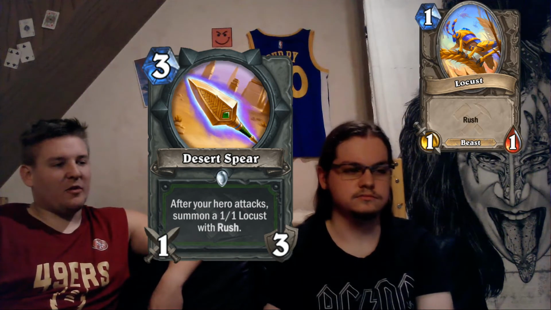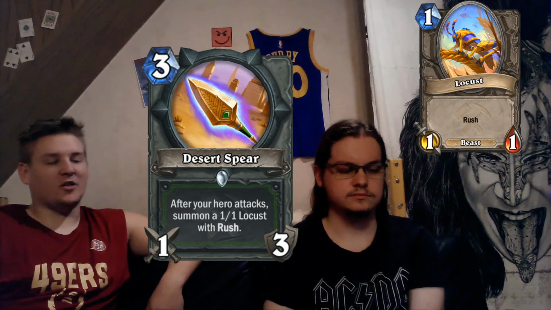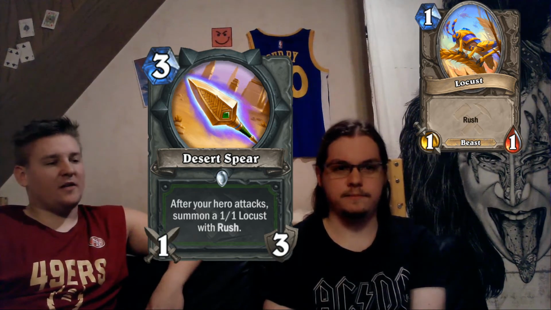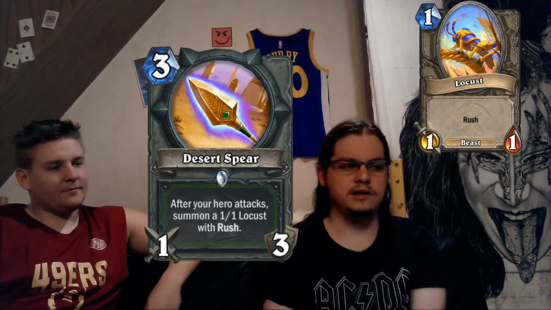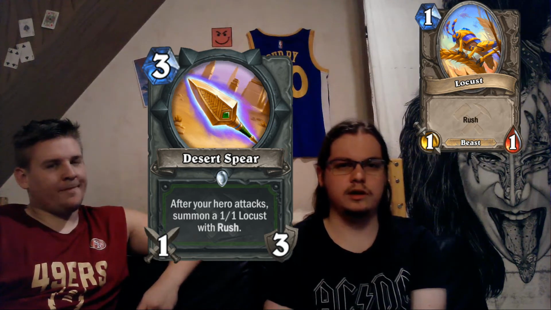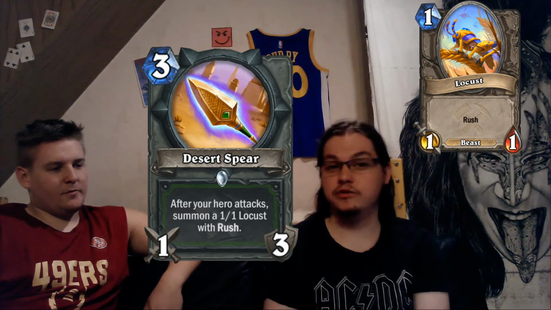Desert Spear, a 3-mana, 1/3 weapon. After your hero attacks, summon a 1/1 Locust with Rush. For the Hunter, by the way. Yes. If Locusts are beasts, this is pretty good. They are, so this is pretty good. I think this is alright. Yes. I like it for tempo. This has a lot of versatility. A 3-mana, 1/3 weapon sounds really bad, but...